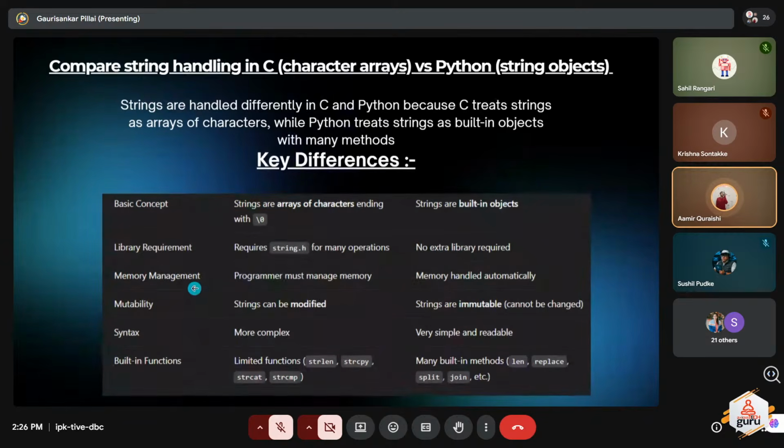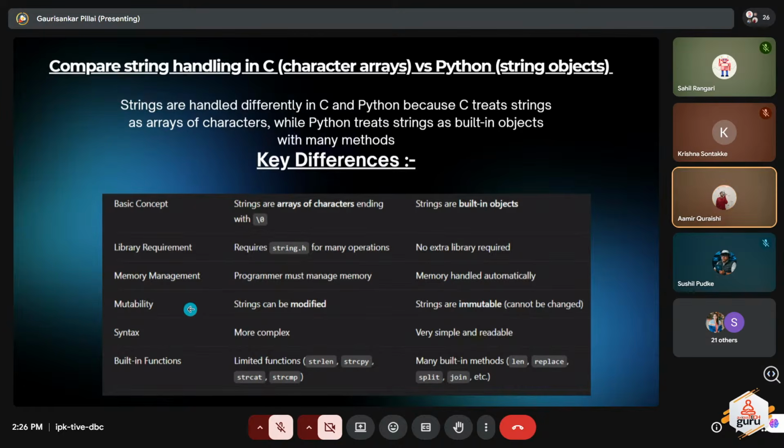Third is memory management. In C, the programmer must manage memory manually by declaring the size of the character array before storing the string. In Python, memory is handled automatically, so the programmer does not need to worry about the